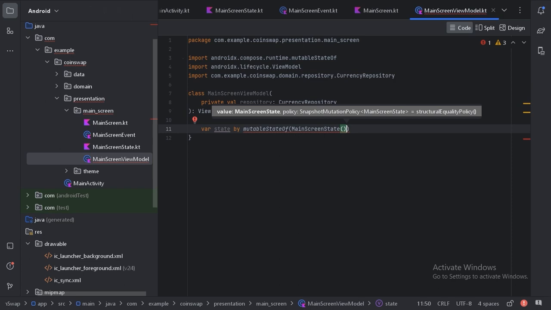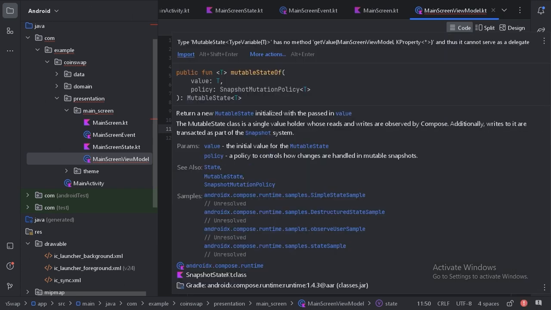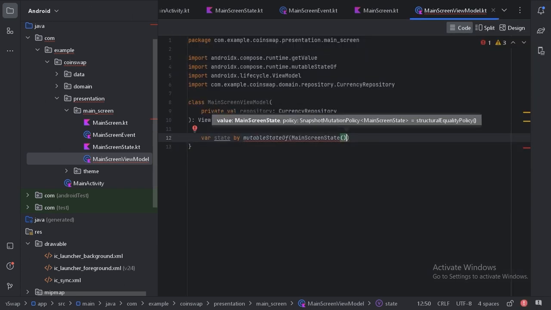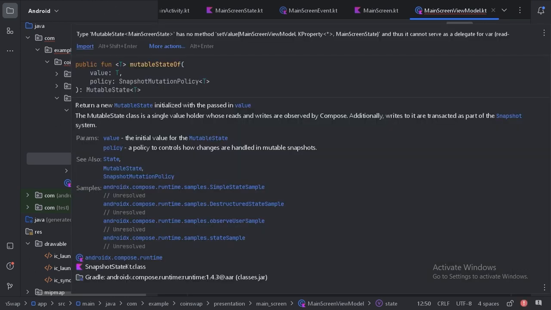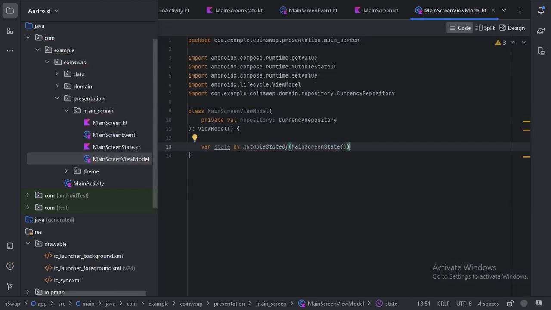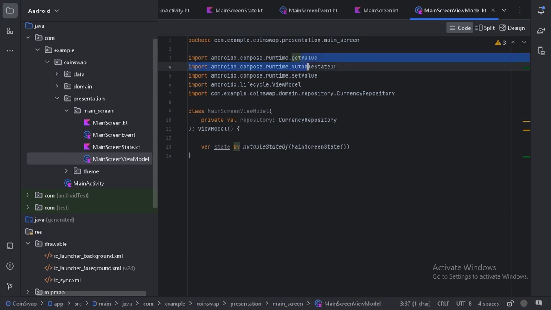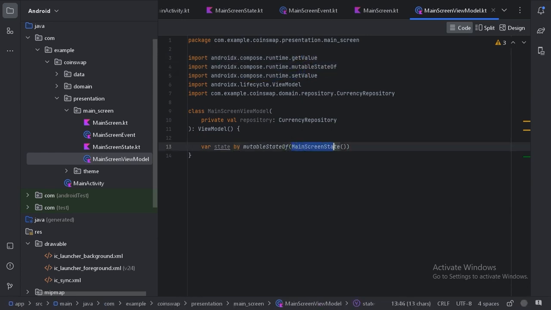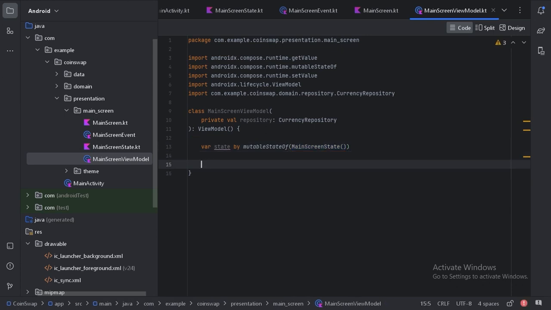So here it is giving an error, so we need to import the get value and that set value. Now we can see these two values have been imported, and also we can see we have initialized with the default values. And also let's create one function where we will manage all our events